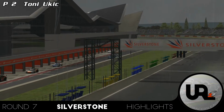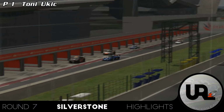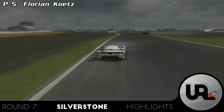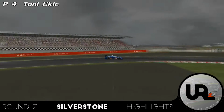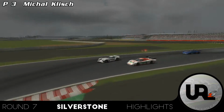Then everyone came back into the pits as it started to rain harder and harder, as we can see on the screen as well. Tony Ukic, Mikko Korkiakowski, they all came into the pits. Florian Kutz came out just behind them. He pitted a lap earlier. And the big winners from this were Michal Klisch. I said he stayed out